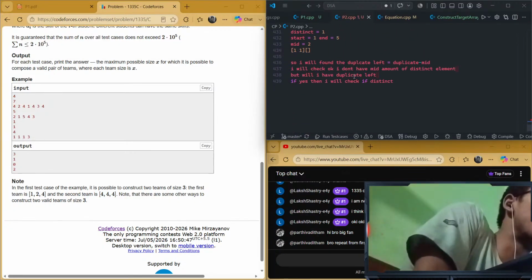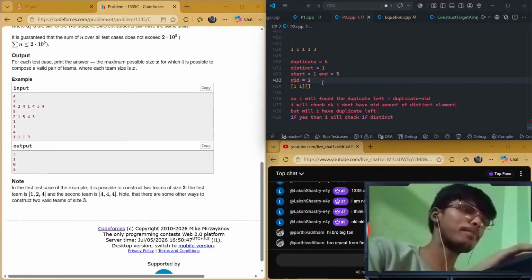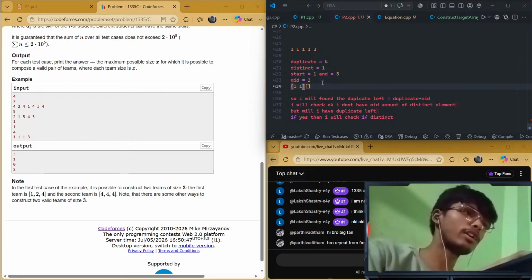If yes, then I will check if okay. So I have mid, which is equals to 3, and I can store